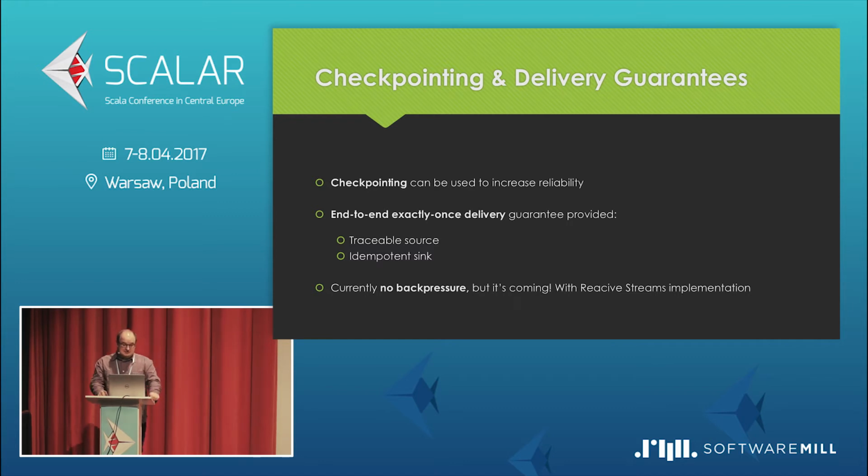But the killer feature, from my point of view, is basically the delivery guarantees. Because you don't really have strong delivery guarantees in big data frameworks, right, until now. Not to mention Spark didn't have them until now. But what they did here is you have checkpointing to measure where your process failed, where did you end before the failure. But if you have a traceable source that I mentioned and the idempotent sink, plus checkpointing, you can actually have an end-to-end exactly once delivery semantics,